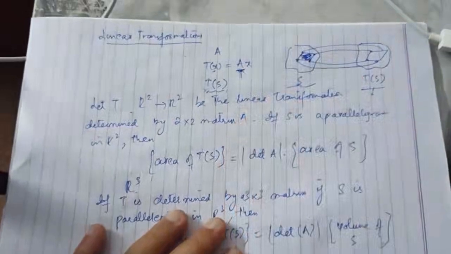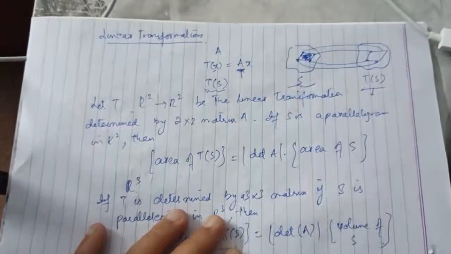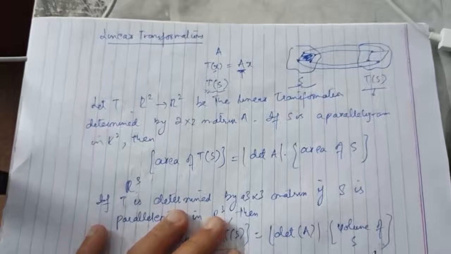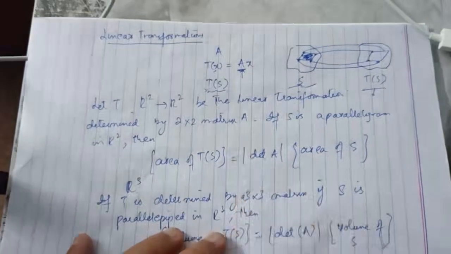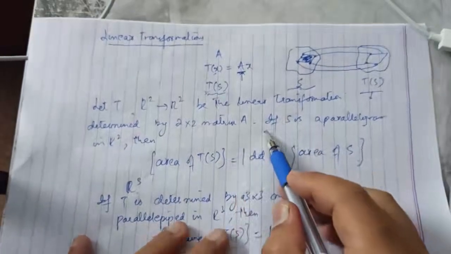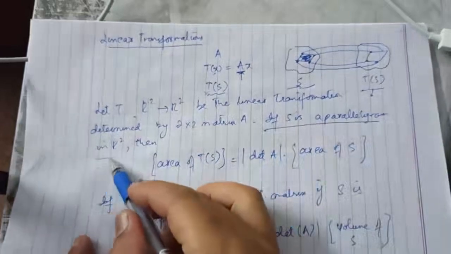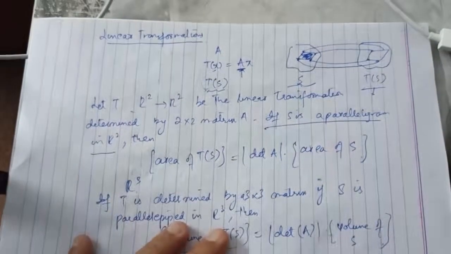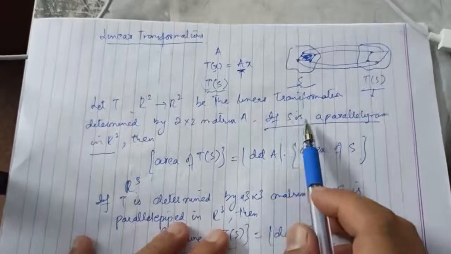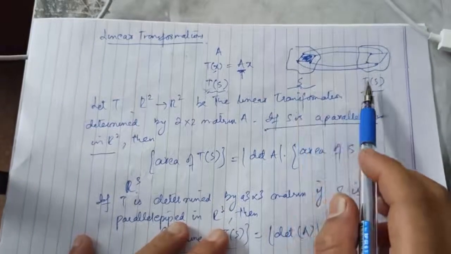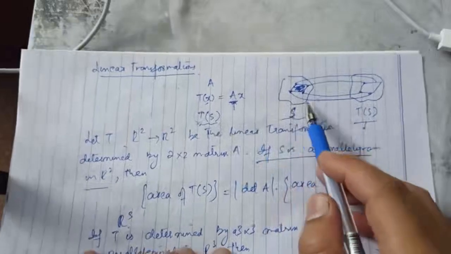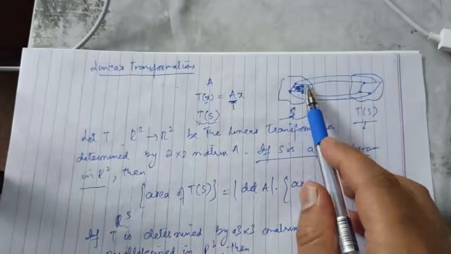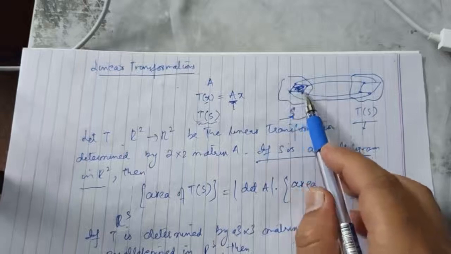So in general, if T is the transformation, let's say from R square to R square, determined by a 2 by 2 matrix, then if there are a set of vectors that draw a parallelogram in R square, right? So if S is the domain, then T of S is basically the image under the transformation T, right? So if S is a domain, and there's a parallelogram over here determined by certain vectors,